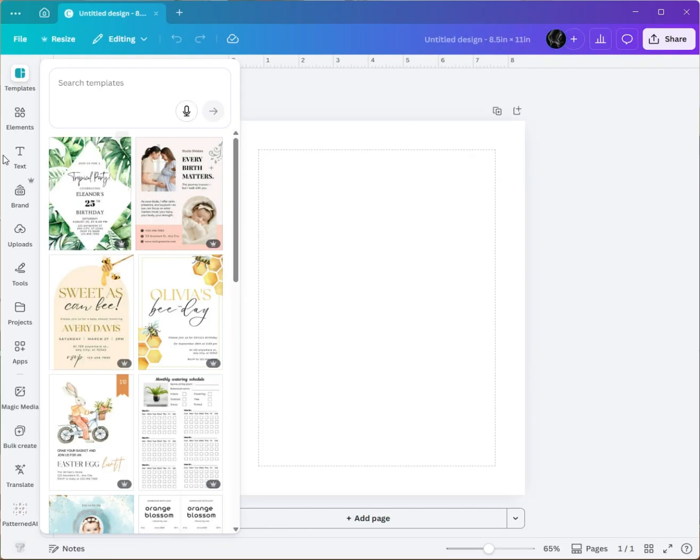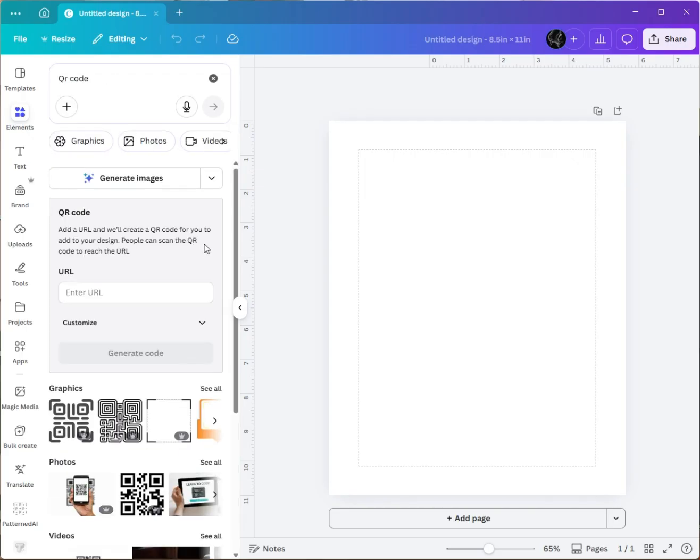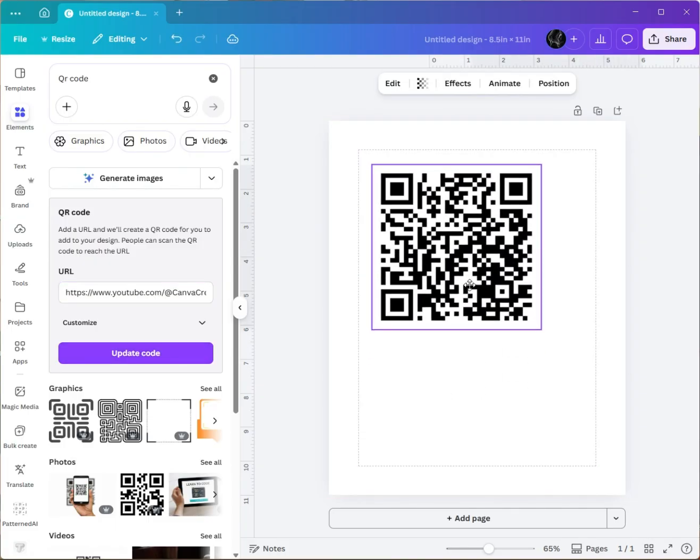Once the editor loads, I'll head over to the sidebar and click on Elements. In the search bar, I'll type QR code and select the tool from the results. Now I'll paste my URL into the field and click Generate Code. My QR code appears instantly, so I'll just grab the corner to resize it and move it to the top